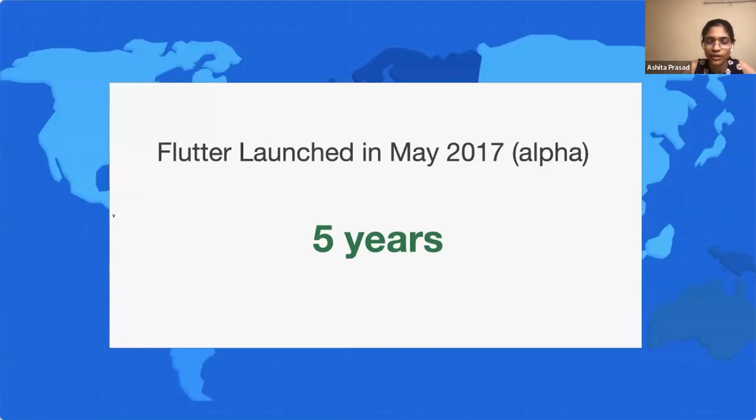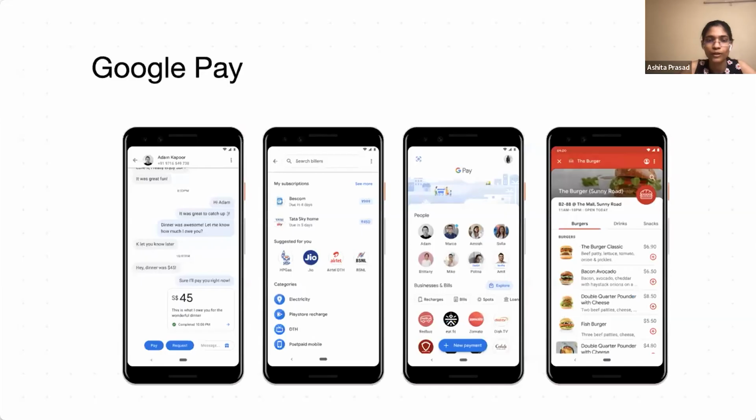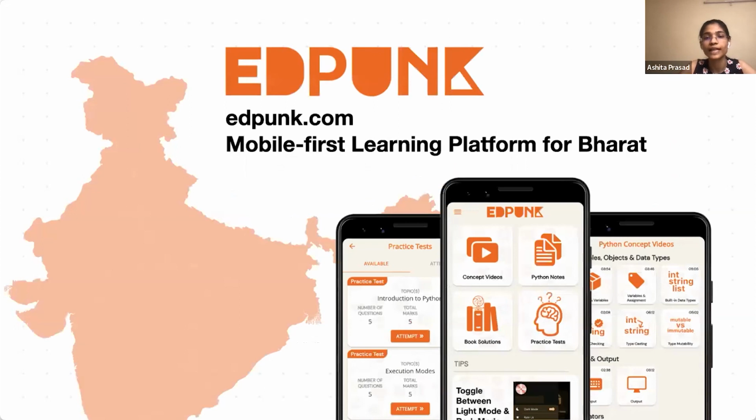It released its first alpha version. And since then, Flutter has simply taken over the world by storm. So you have your Google Pay, which was recently migrated into Flutter. You have apps like Edpunk, which is a mobile first learning platform for Bharat, which has been completely built using